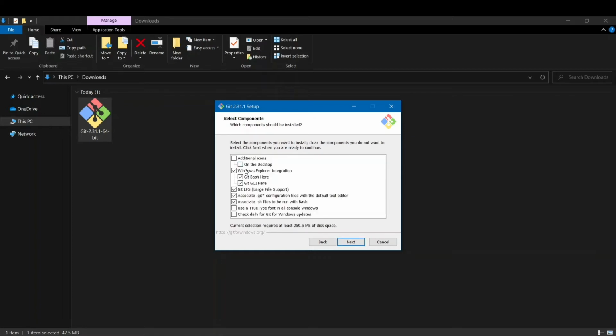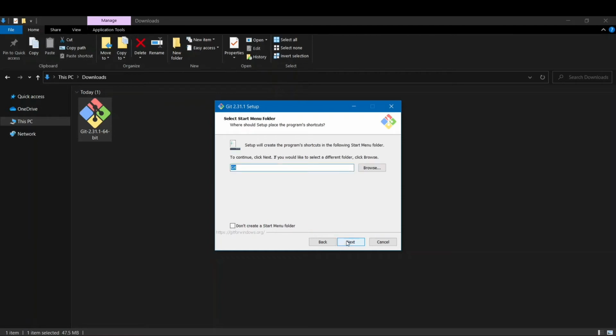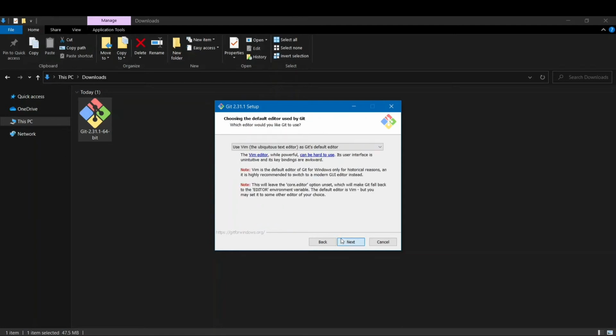If you want a desktop icon, tick this option, or if you don't, leave it. You can also tick this option which says that if there is an update, Windows should check for it regularly, so it can notify you if there is a newer version. If you want to create a shortcut in the start menu folder, let's leave it at default.